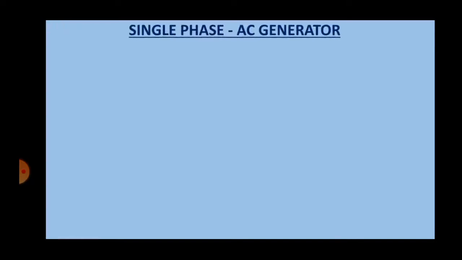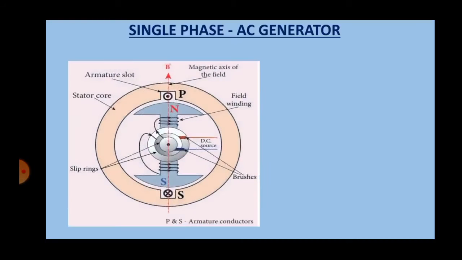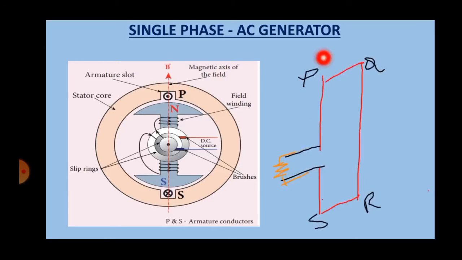Now consider a stator core. Now see the diagram. This is nothing but the stator core. Here are two conducting coils, because it consists of two slots. This is the first slot and another one is the second slot, in which the two armature conductors, each a rectangular loop conductor, are placed. This is a rectangular loop conductor PQRS.